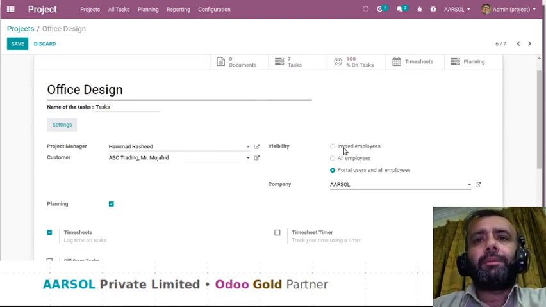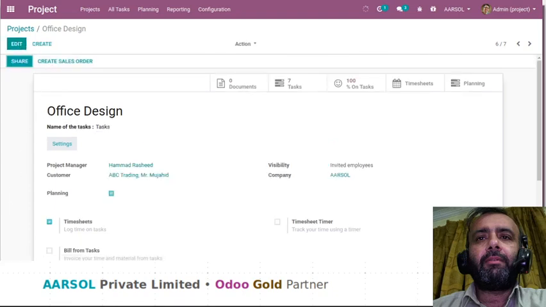The first one is invited employees, the second one is all employees, and the third one is portal users with all employees. We will discuss each option one by one. The first option is invited employees. So if I save this project with invited employees,